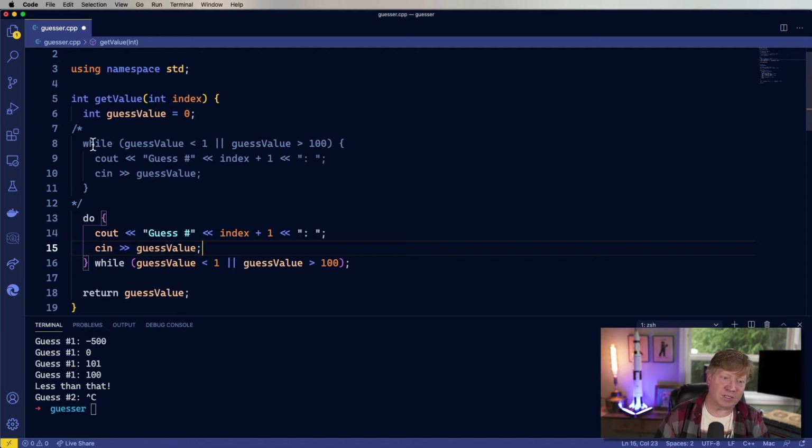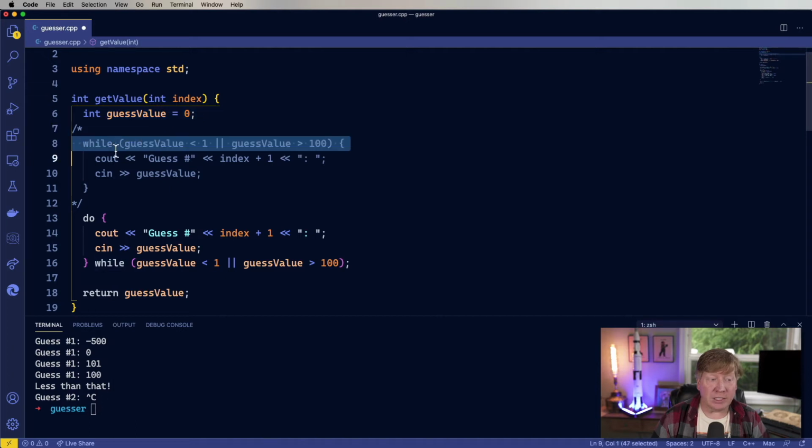And here's the salient difference. In a do while, you always go through the loop once. So your CPU starts off with setting the guess value to 0, and then it comes down here and looks at this do. It says, great, I'm going to do that, and it does this, and it does that, and then it looks to see if it can exit the loop. Whereas in a while, like this, it starts up here, it sets the value to 0, and then it checks to make sure, before it even goes into that loop, whether it needs to go into that loop. And it's just